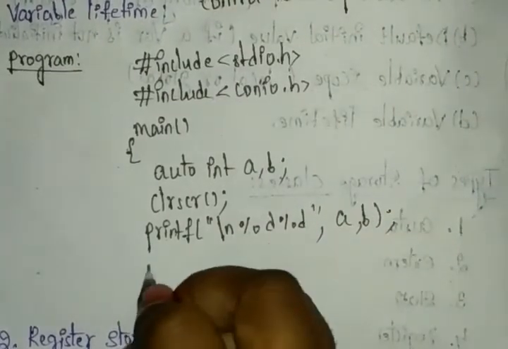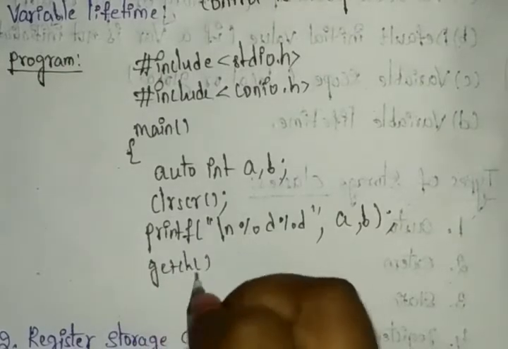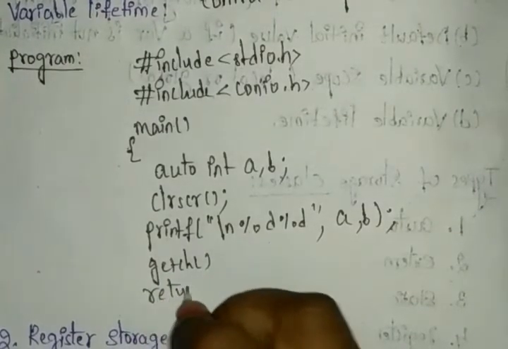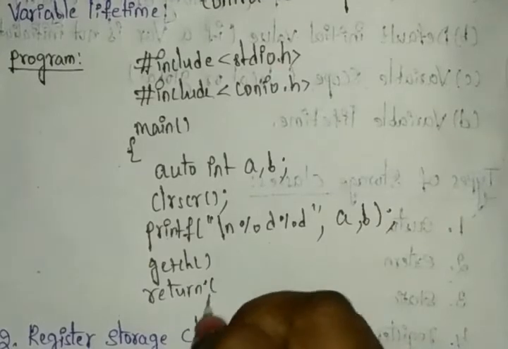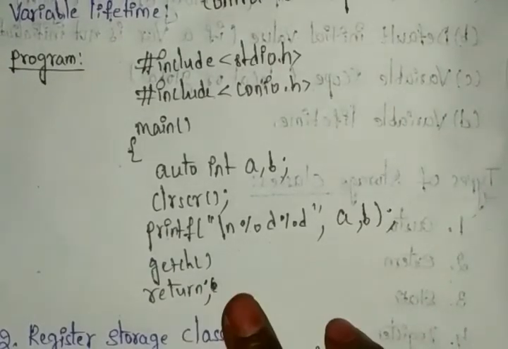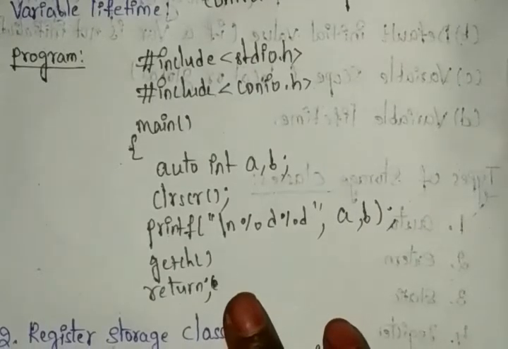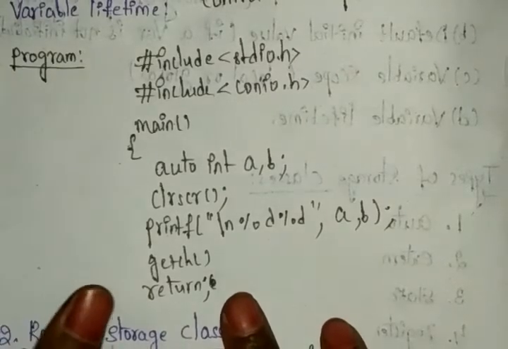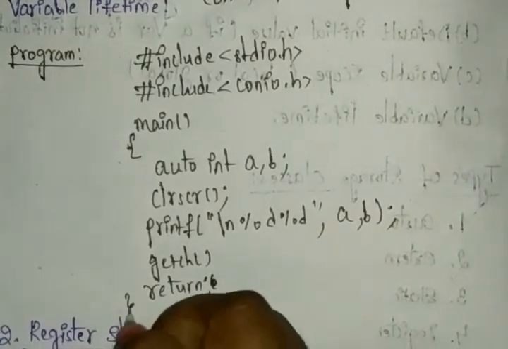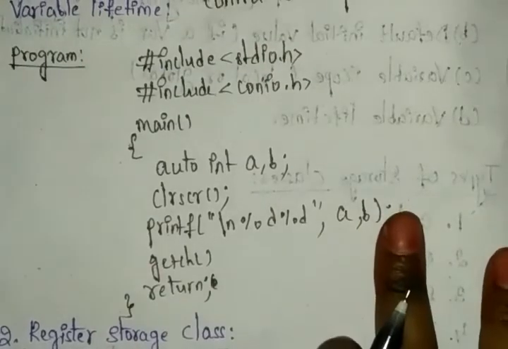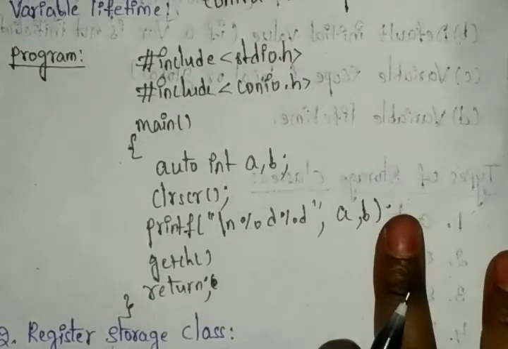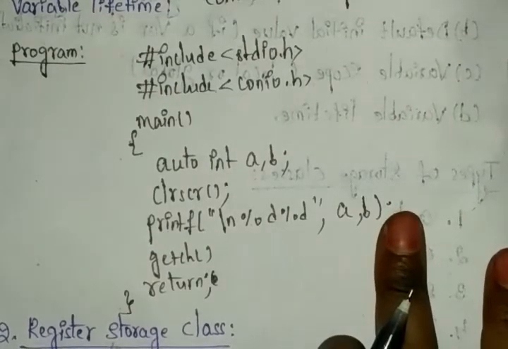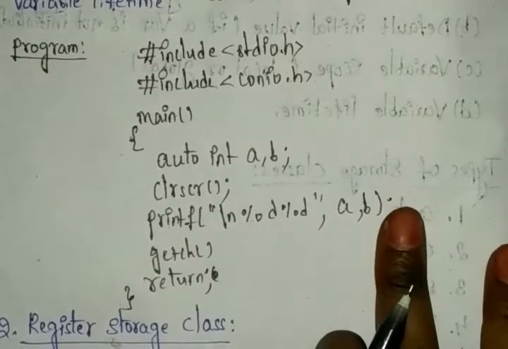Okay, and next here getch, to get the character, and then return. Why are we writing getch? Whatever key the user presses from the keyboard needs to be read. For that we can use getch, or else you can use getche. Okay, then close your program. What will you get as the answer? If you enter any a value and any b value, they can be displayed in the program.